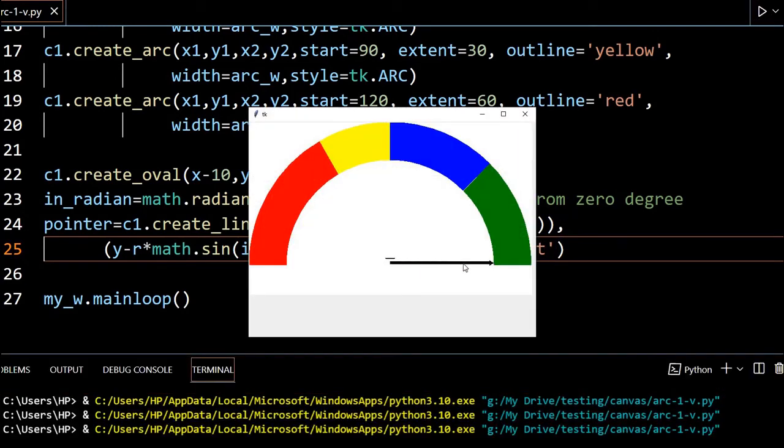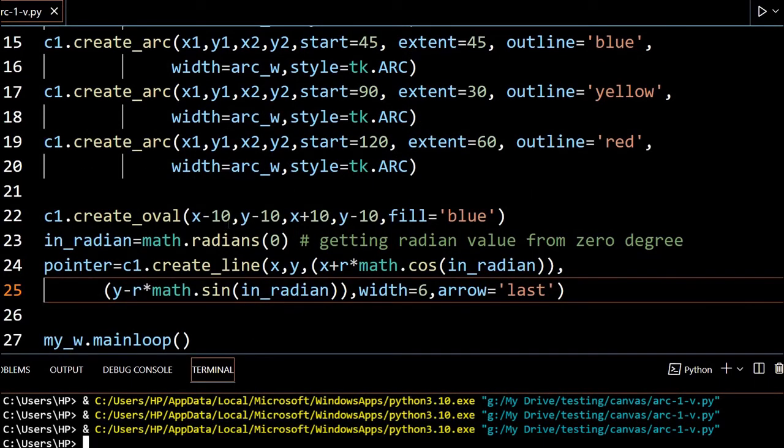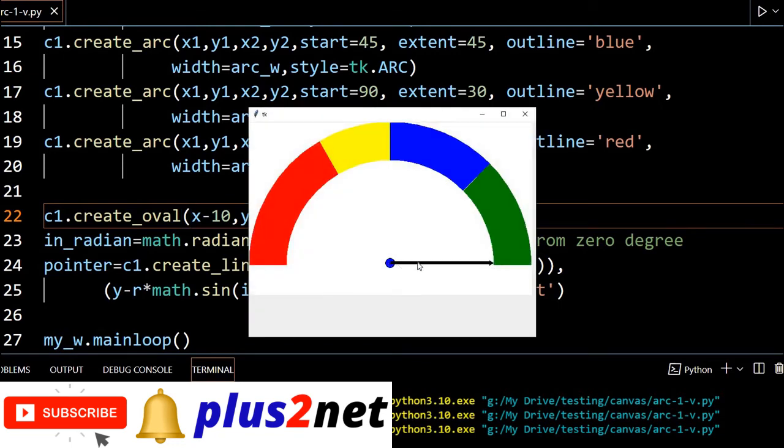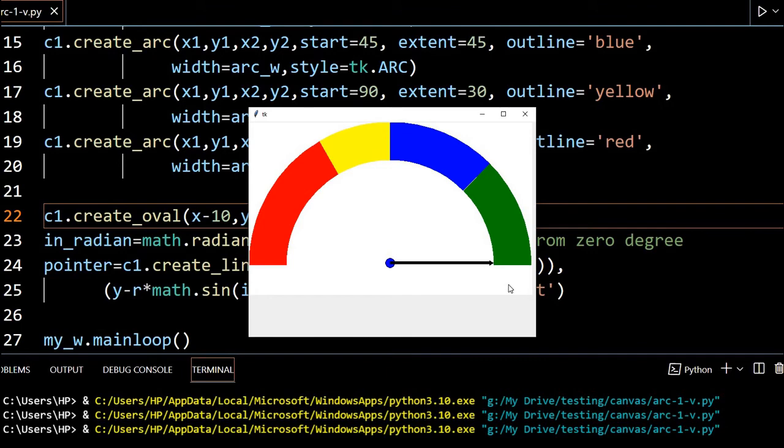Yeah, here it is. Circle, I made some mistake here. Okay, let me see what mistake I made on the circle. I think, yeah, why should I minus here, I should make it plus. Okay, so let's see again. Yeah, you can see the circle here, then the pointer. Okay, now we'll place the slider and start moving.